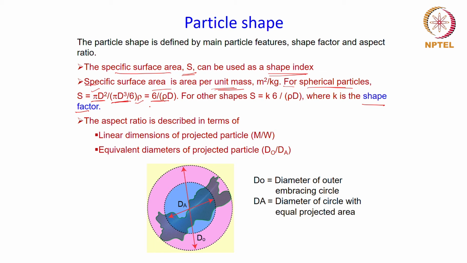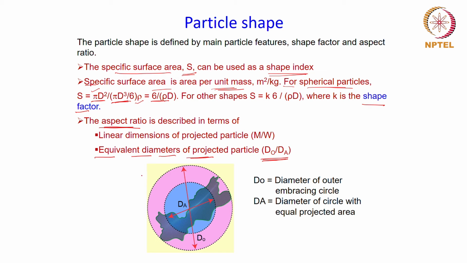Now, for irregular shaped particles, since there is more than one dimension that has to be considered, many times this aspect ratio is taken as a parameter to define the shape. The aspect ratio is nothing but the ratio between the smallest and the largest dimension of the particle. And there again you can consider the equivalent diameter to define that ratio,